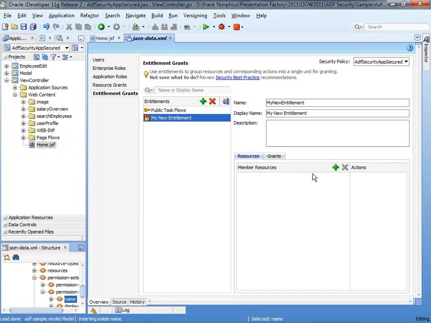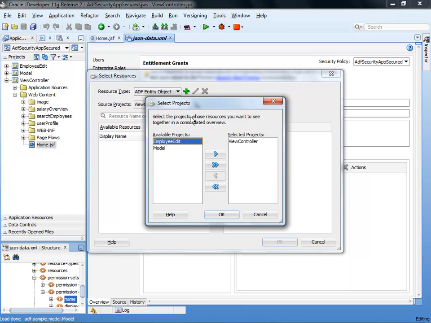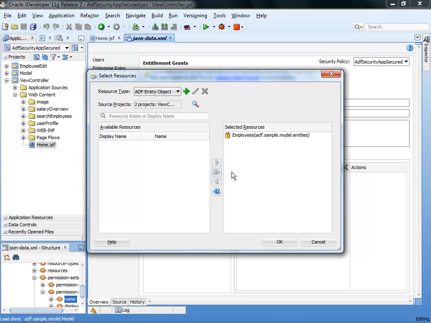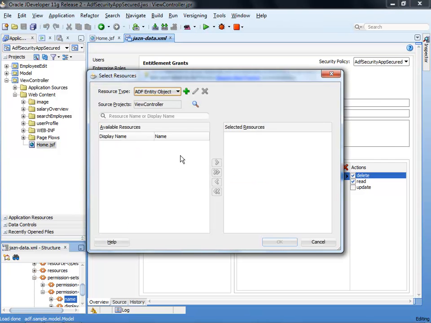And then I can add resources to this entitlement. So maybe I want to have entity resources. I could say, okay, everyone should be allowed to access the employees entity, and everyone should be allowed to delete, maybe. Yeah, or I can just say, okay, add to the same grant